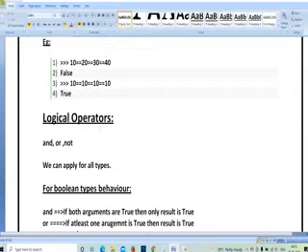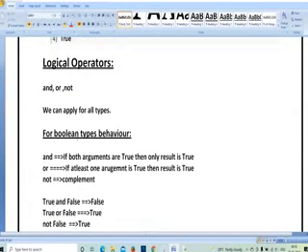So the next one is the logical operator. With logical operators, you are going to have three values: and, or, not. Whatever inputs you are giving, if both inputs are matching or both inputs are equal, like a equal to b, if both are correct, you use the condition called and. If at least one input is correct, you use the or operator. Not is an operator which you use whenever you want a complement variable.